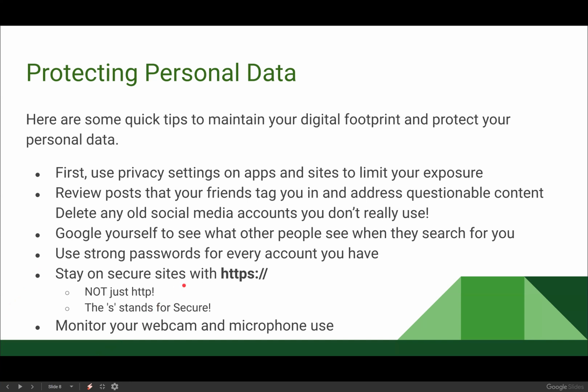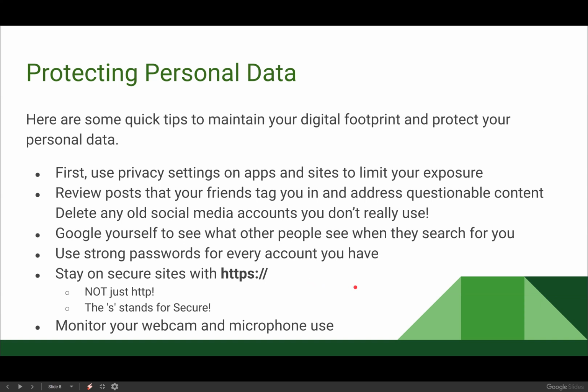The internet has lots of protocols to ensure that you are browsing safely and securely. Websites that have a secure connection are marked with HTTPS. The S stands for secure here. So generally you're going to want to avoid websites that are just HTTP, because that's not going to give you a secure connection. The security there is making sure that all of the transactions between you and the server hosting that website are encrypted, so anyone who tries to intercept them won't be able to read them, even if they do happen to get hold of the messages you're sending.